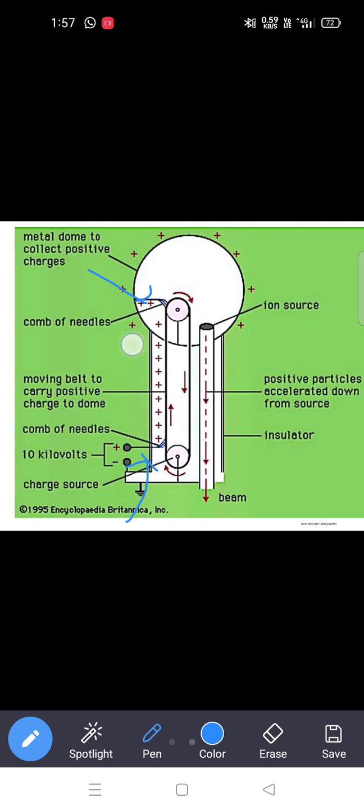We can see here that only the positive charge goes upwards and spreads towards the metal sphere, but the negative charge comes down again. So we only collect the positive charge. Collecting positive charge means that we are creating a potential difference, which is the direct voltage. So by collecting positive charge we are generating a high direct voltage.